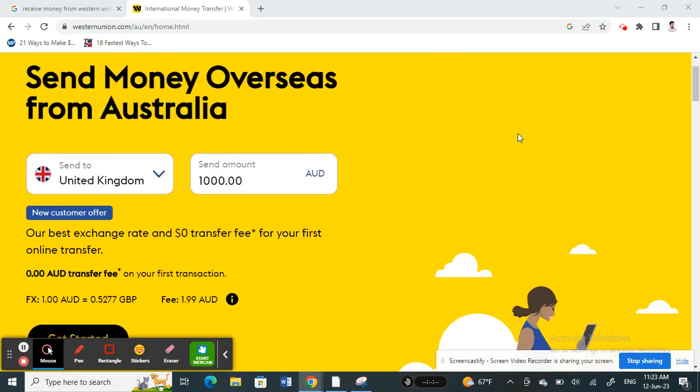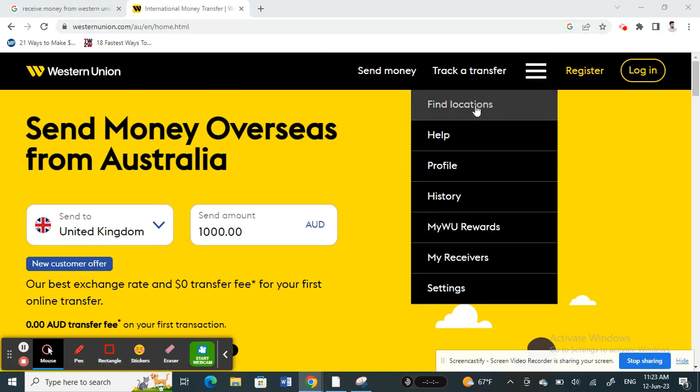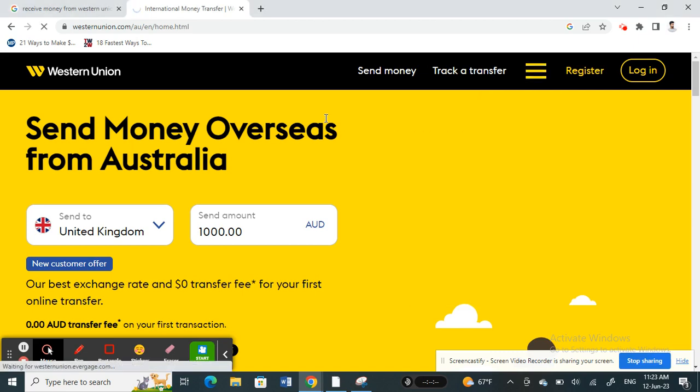So firstly, if you're receiving the money by cash, what you have to do is find a Western Union location or an agent. If you go to the Western Union website here, you will find an option called find location. Depending on your country and your region, you'll be able to find your nearest Western Union agent. Once you find the agent or the location nearby, all you have to do is take some ID with you,